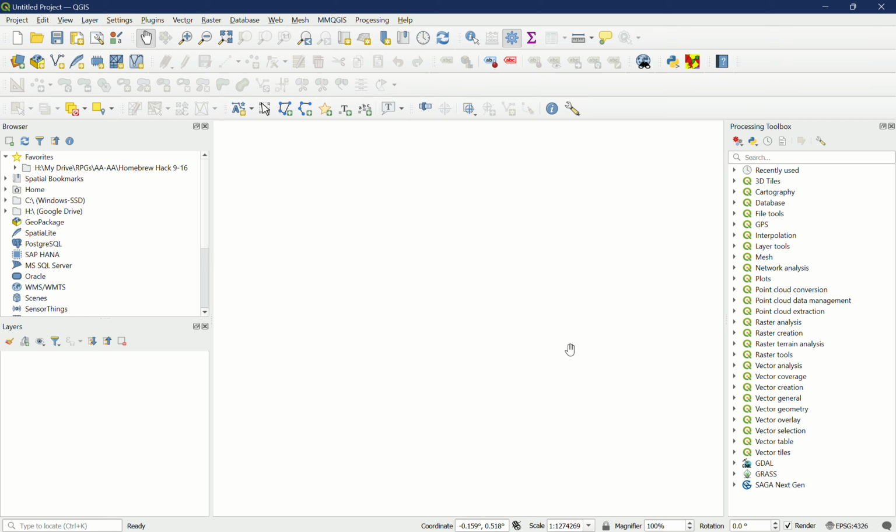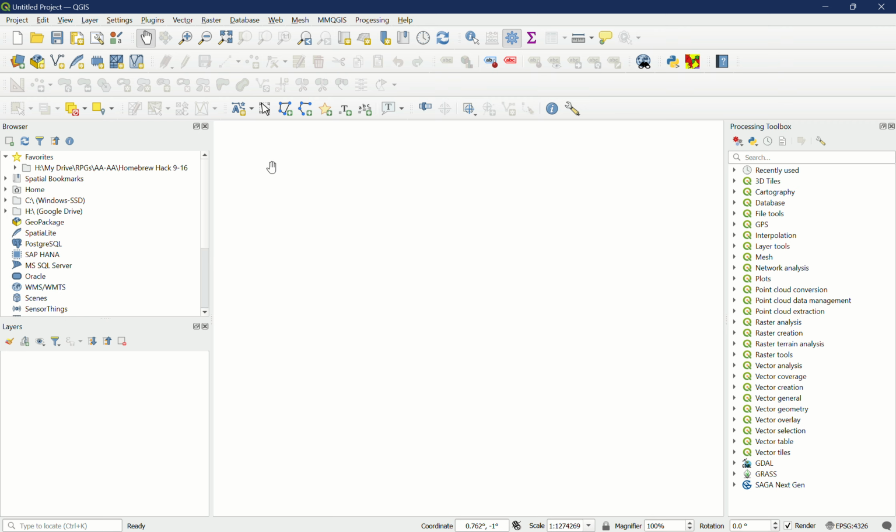The QGIS interface is composed of different panes. The ones that we're interested in today are the browser, which lets you search through your computer for different files that QGIS can load. The layers panel, which like in Photoshop or GIMP or something, lists all the things being displayed and allows you to toggle on and off whether you visualize them. And then the map canvas, which is here in the middle, which is where any data that we've loaded into